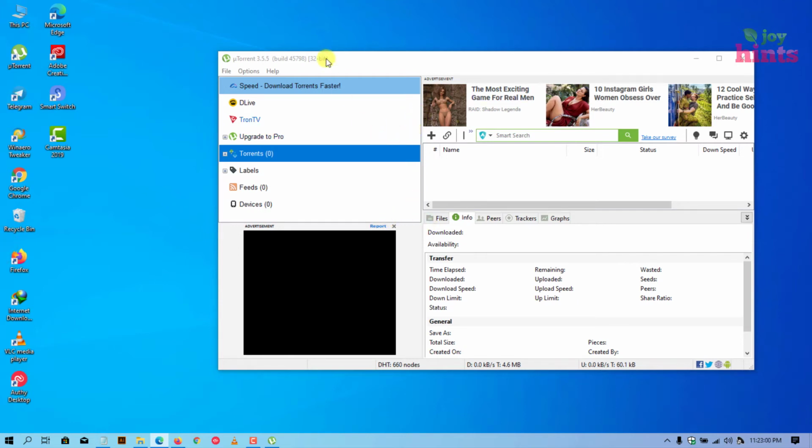Today we're going to be looking at how we can remove ads from the uTorrent software. As you can see right here, these are all ads, and they also take your bandwidth. They also slow down your downloads in a way, so it becomes necessary that you disable them, you remove them